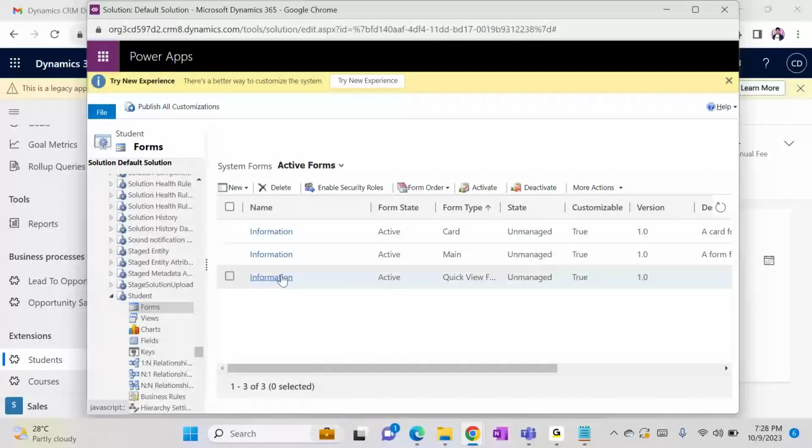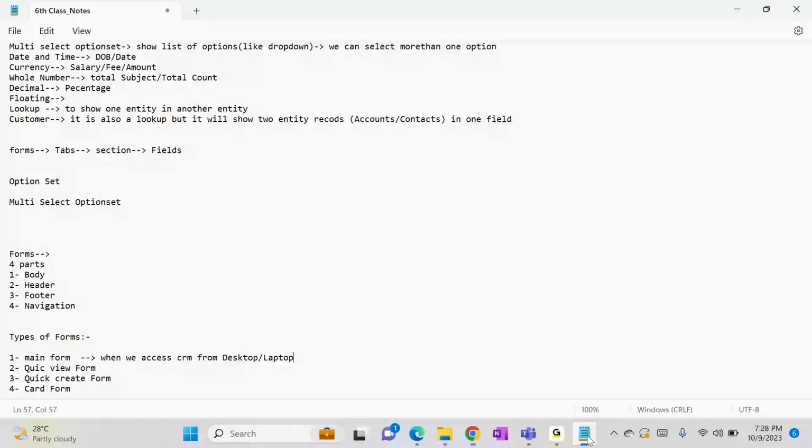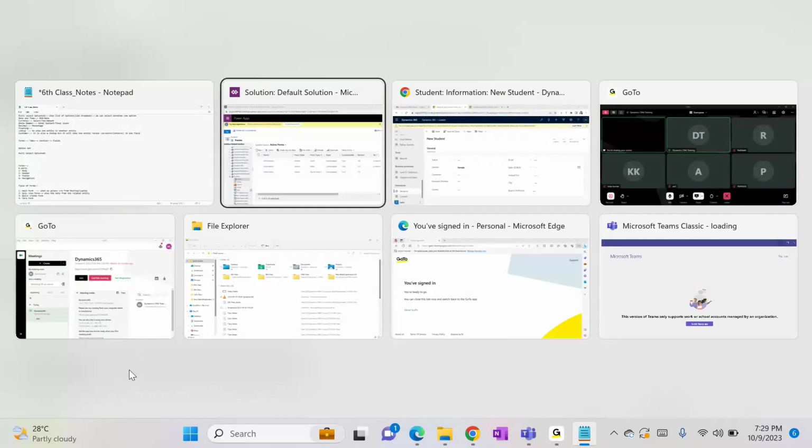Then next we have view. What is view form? View form shows the data from the related entity. Clear? View form will show the data from related entity. So what does that mean? So for example, now